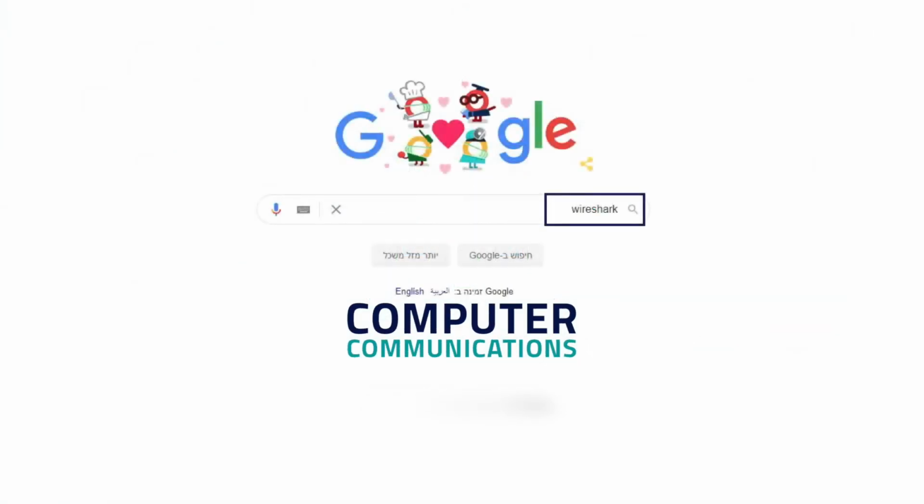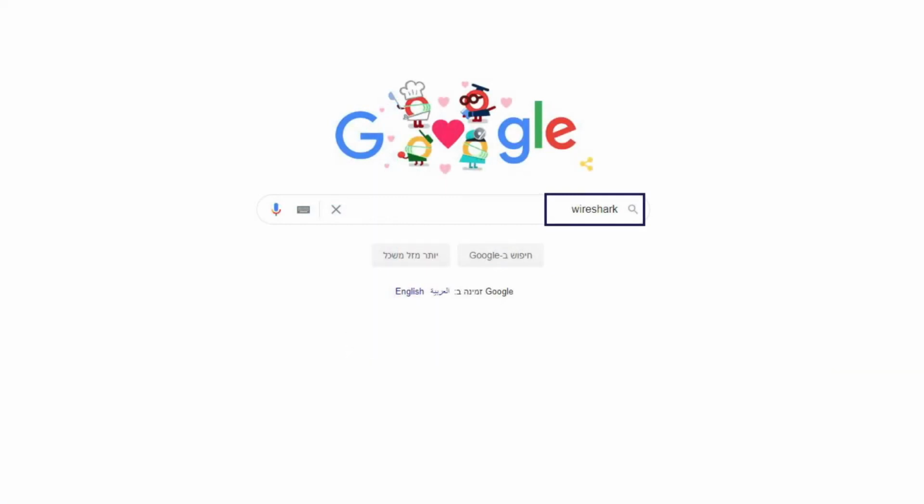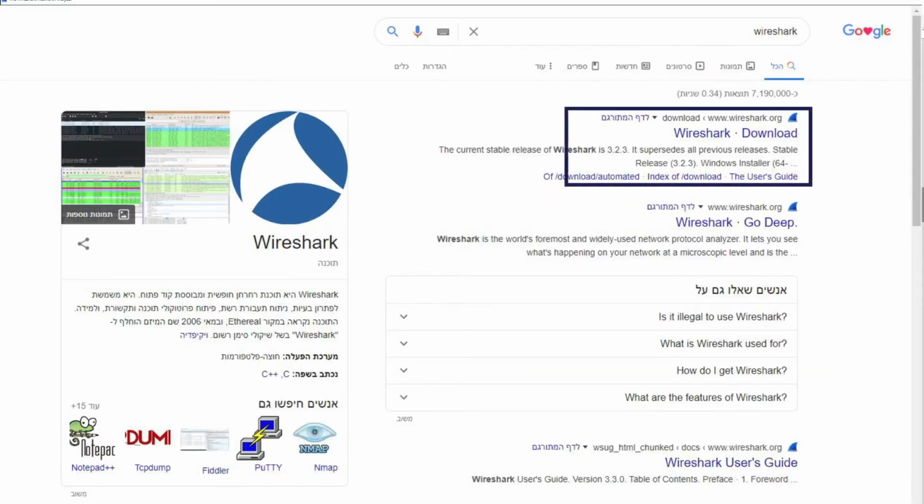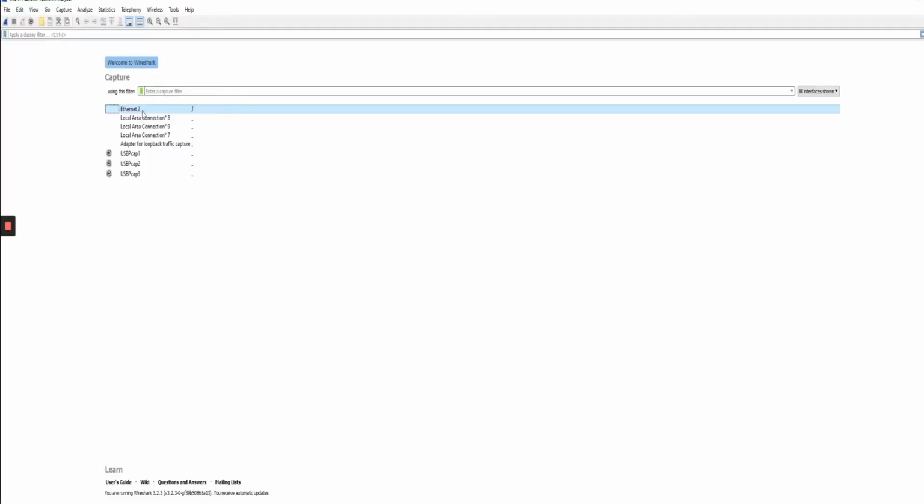In this unit, we will learn about the Wireshark tool that allows us to view and inspect messages, aka packets, that are passed through a network. Using the Wireshark tool, a free tool you can download from the web, we can see the communication in a different way. We can look at the packets and analyze their structure.